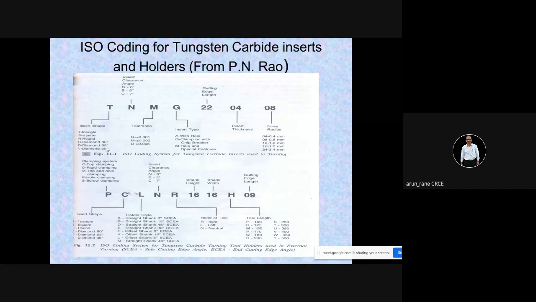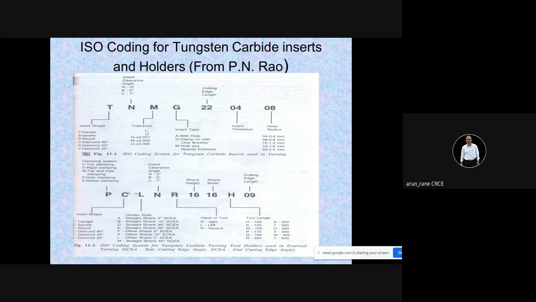So the 35 degree will be obviously weaker than 80 degree. 80 degree means almost it is a square insert, and this 35 degree will be very narrow, and this will be definitely weak.